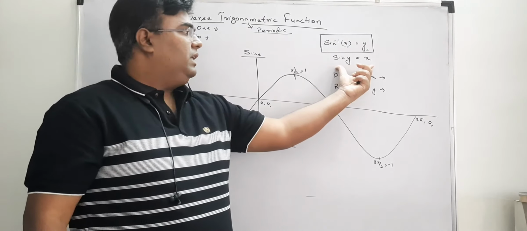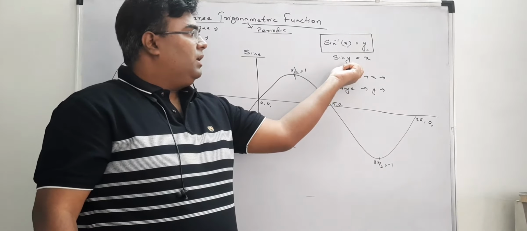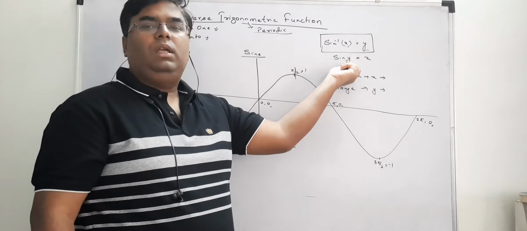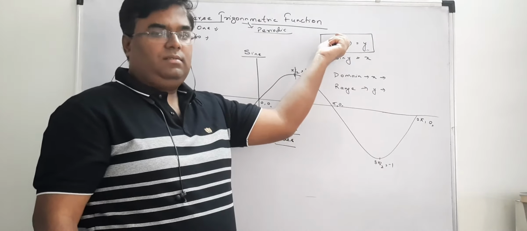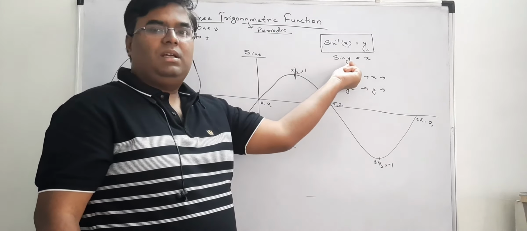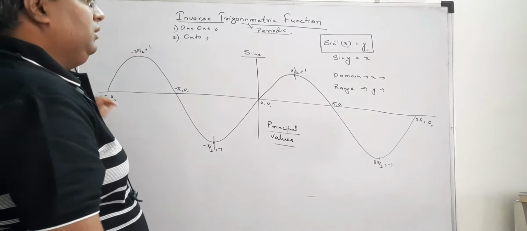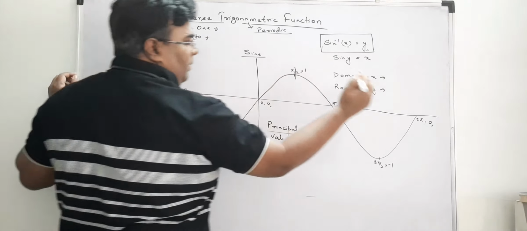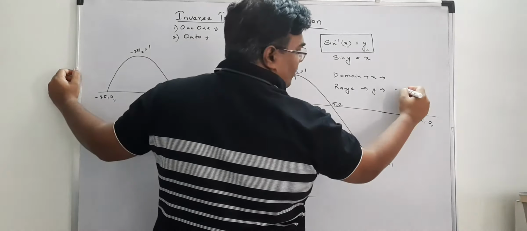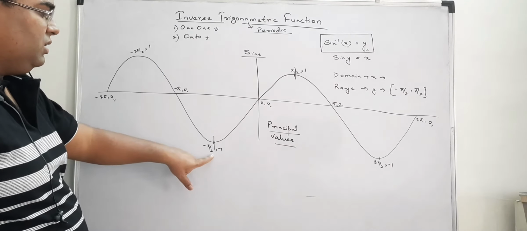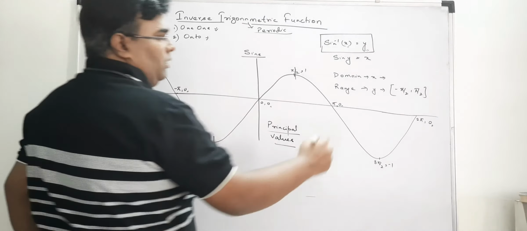So here we can see that y will be coming as a function of sine. We know that sine takes only angles. Sine inverse will take values only, but sine takes only angles. So y is basically what? The value of angles. So range will be what? Angle is minus pi by 2 to pi by 2. This is my range, right? And what are the values of all the sine functions? -1 to 1. So domain will be what?